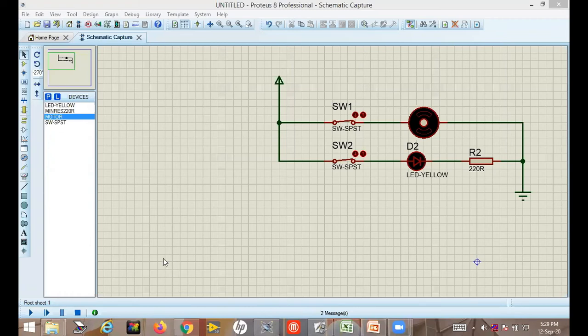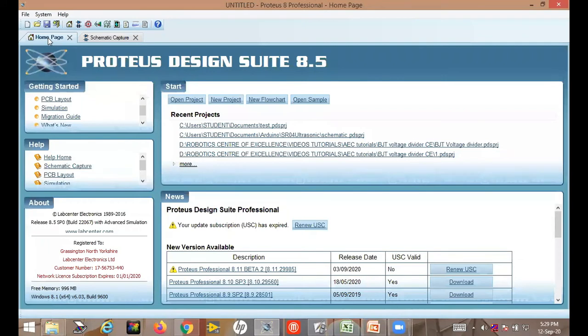And see here, another thing I want to show you. See, after the installation, if you correctly install, then this license register to this will appear here. Otherwise in this portion you'll be getting demo. If you do not properly install, then this part, register to this, will not appear.